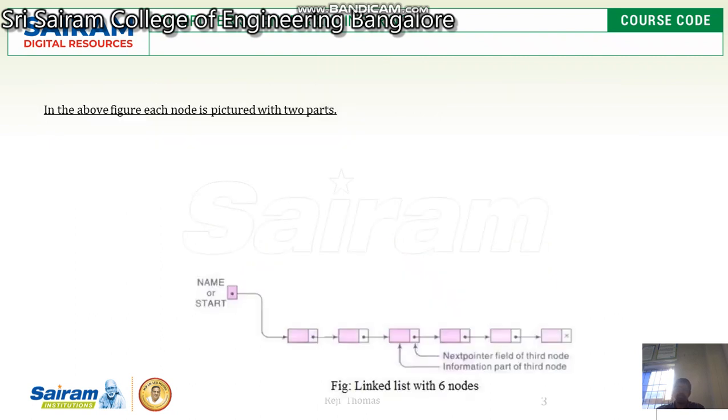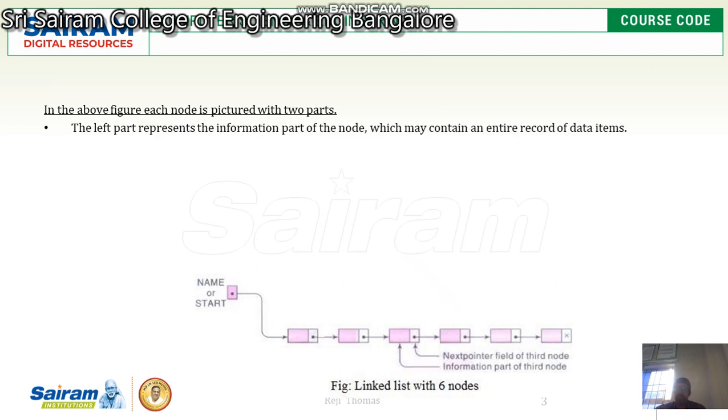This is another diagram where we have 6 nodes. The left part represents the information part, and the right part contains the address of the next node. You can take any node other than the last node, and every node has the address of the very next node.